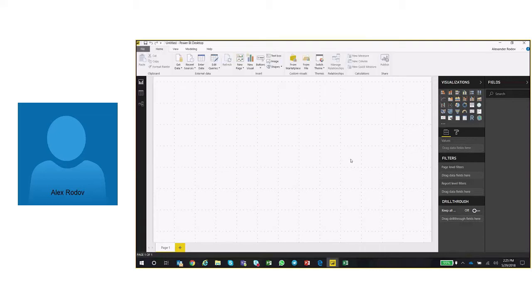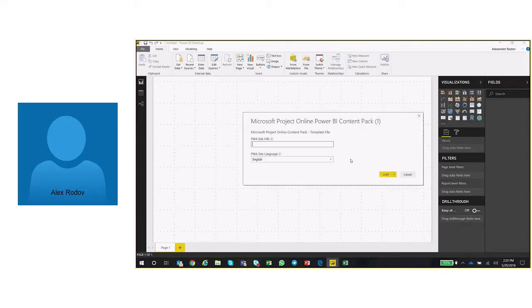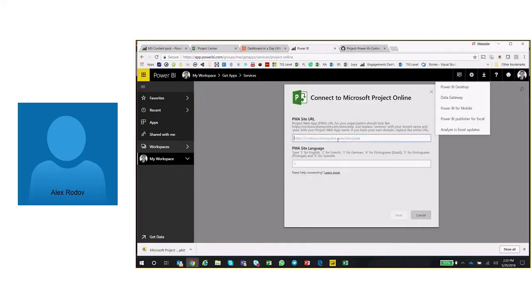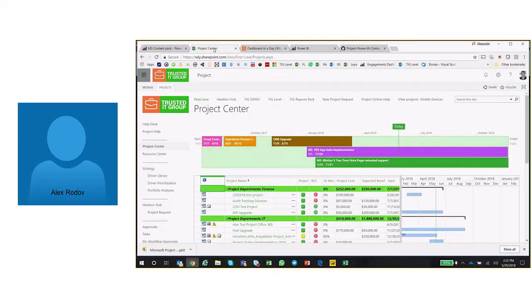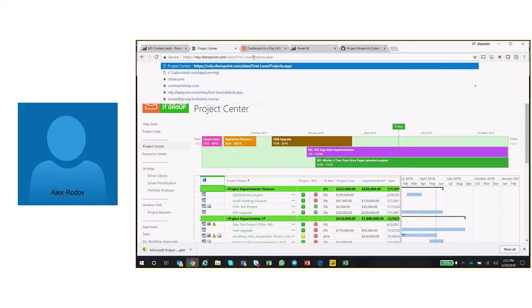So when I open this, it will prompt me to enter my PWA site URL, right? And this is where, remember the similar option, it was here. See, on the web, it's prompting me the same thing, right? But that's how you can see that these are essentially the same things. And my particular URL, I already opened another tab on my browser to grab my URL, and typically you would have the URL at your domain